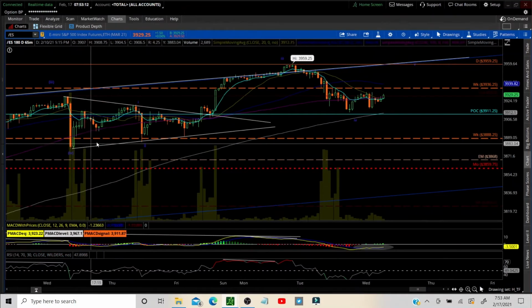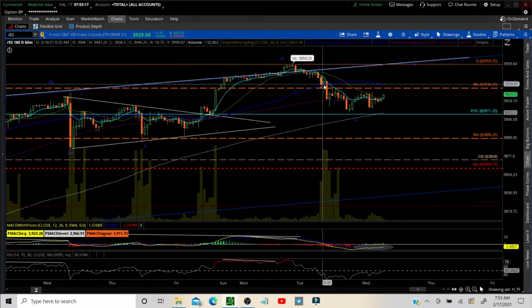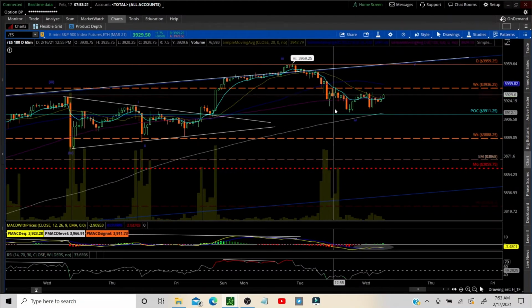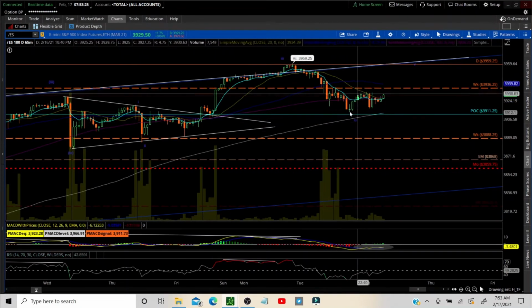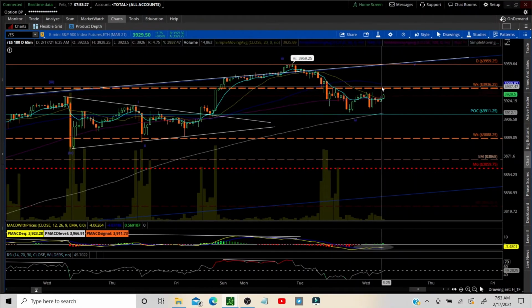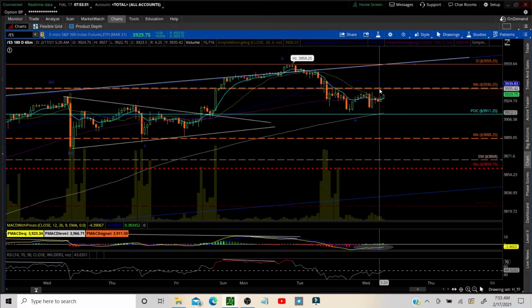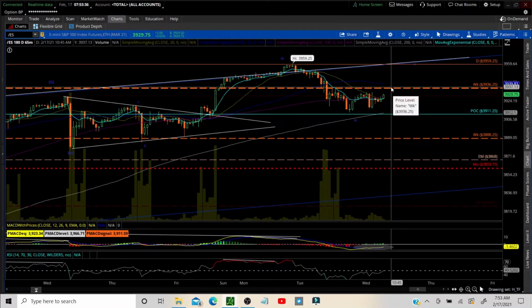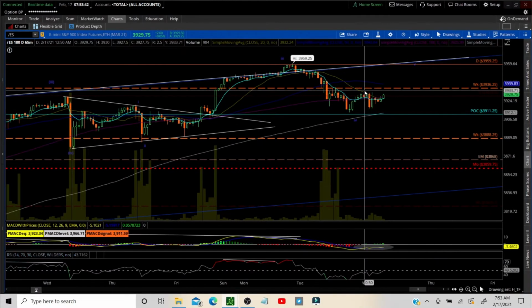So we could possibly have completed this wave 5. We did come back into this last week's range down to the point of control there. So if we cannot get above this week's range again, then we'll consider this a bear flag. So we would have an A, B, C correction, and we'd probably have another 5 wave down, which if